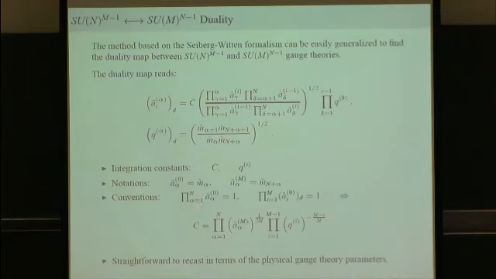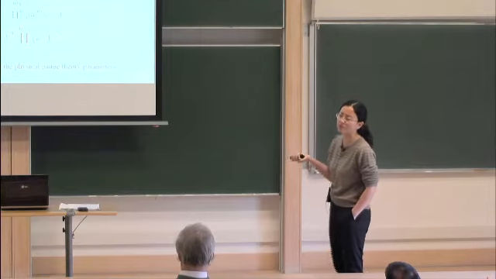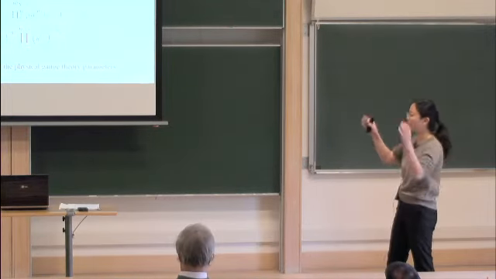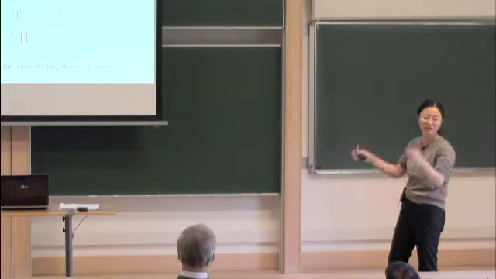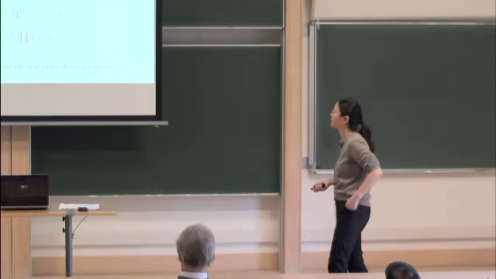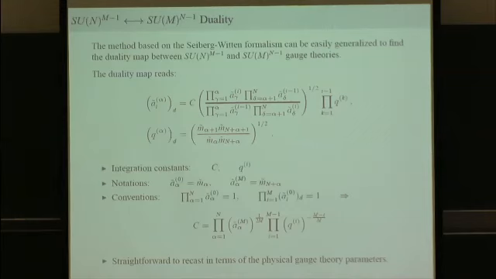So the conventions we choose are for the flavor masses. We put the product of the flavor masses equal to 1. So the notation I'm using here is that when the upper index for A is 0, then it's flavor masses, and the same goes for M. So I didn't introduce separate flavor masses in this case. So everything is called A, although those that are in the middle are actually Coulomb moduli, and the ones on the side are actually flavor masses. So this is finding the duality map using the Seiberg-Witten curve.